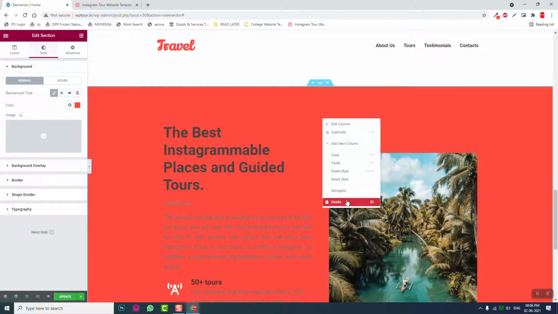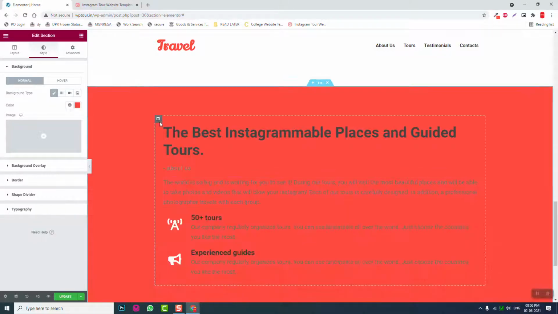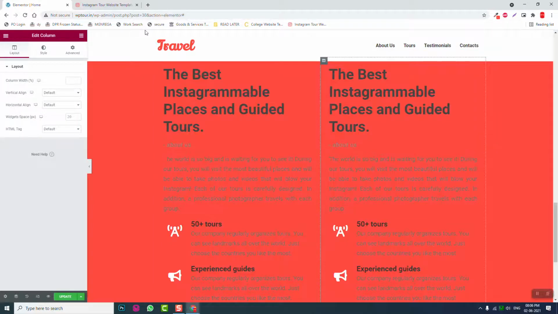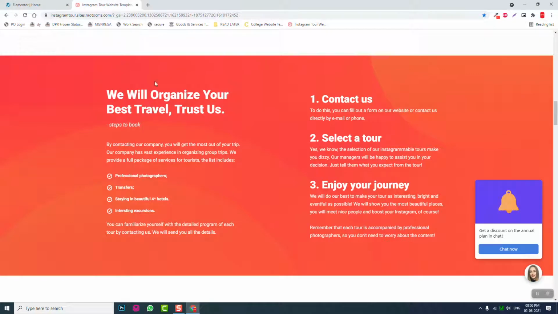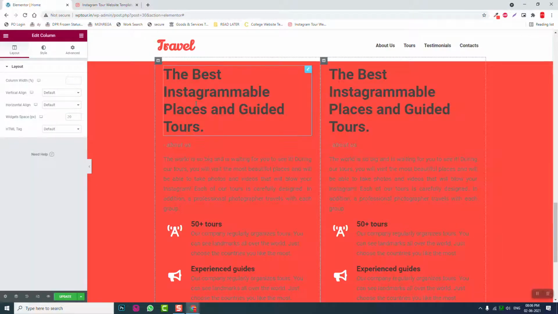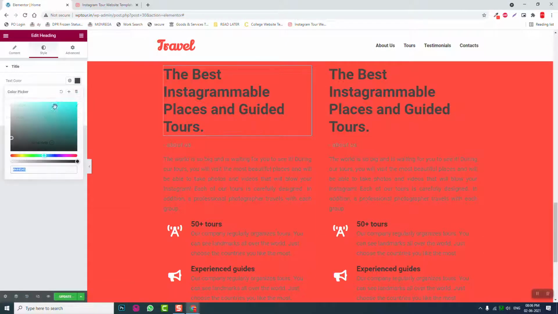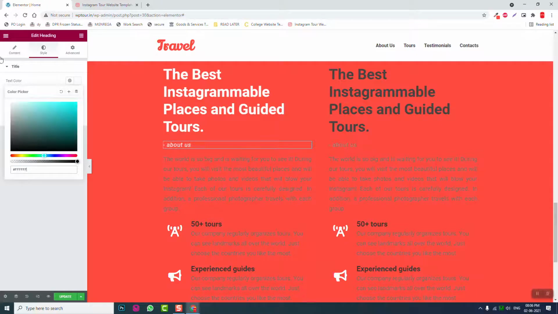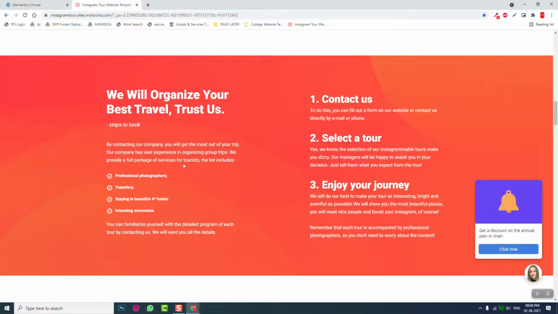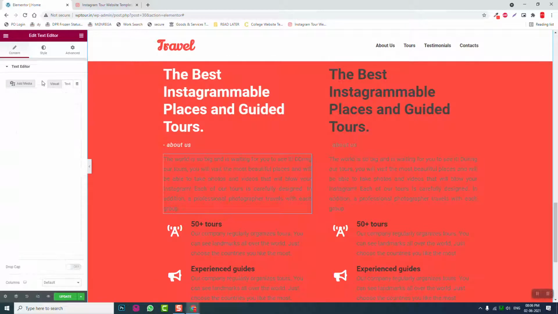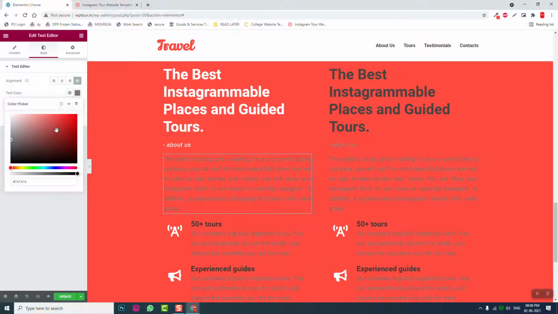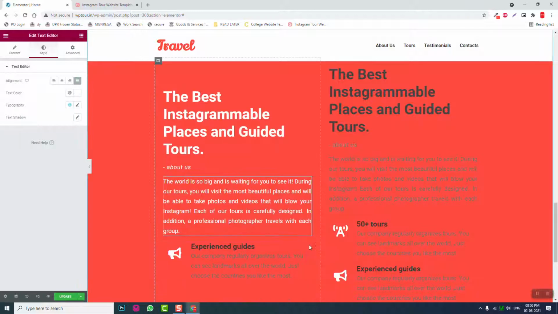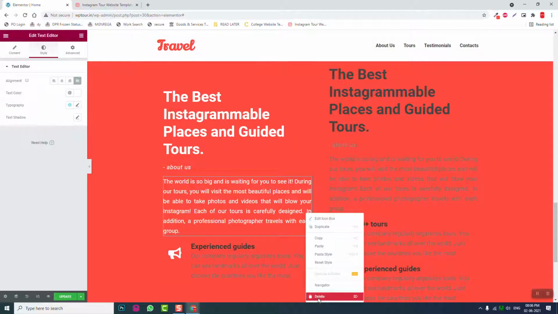Okay, delete this and duplicate this, say a column. Okay, like this. And here change the color to white, same here, change the color to white. Delete this. Okay,